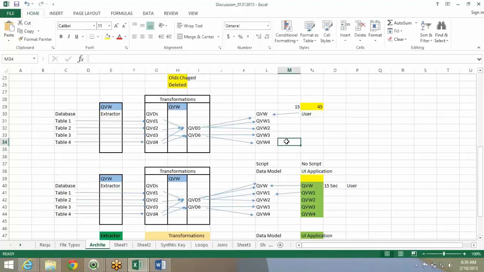Maybe there's a structure in script, a way to simplify this process of bringing in all these records. Not to mention, I have to handle slowly changing dimensions, SCD, as well. I was wondering, is it really practical in scripts? I was told that everything can be done in script.